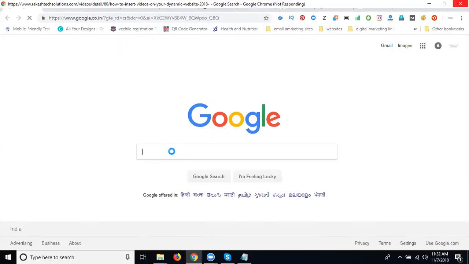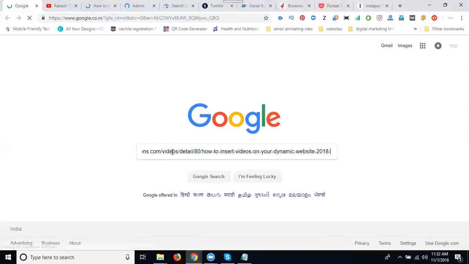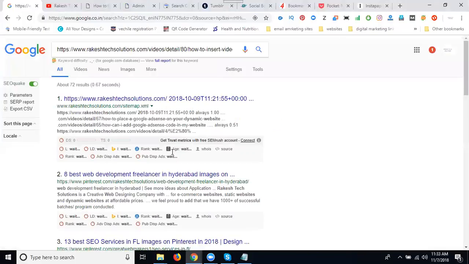Suppose it is not ranking in the search engine. Then we have to index it using the manual option, using Google Webmaster Tool. If a particular URL is not available in any search engine, you can manually submit it through Google Webmaster Tool. Without submitting through Webmaster, it is not indexed. If you promote this keyword with a number of SEO efforts, the website gets zero results.